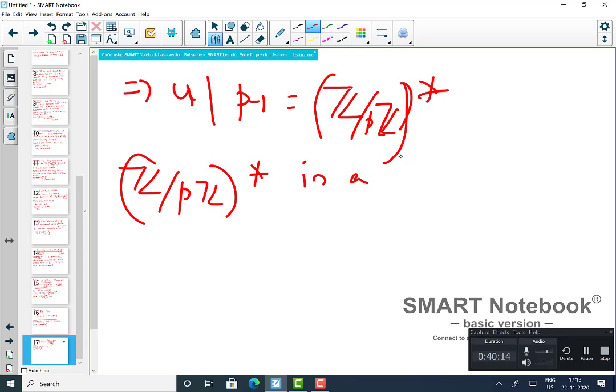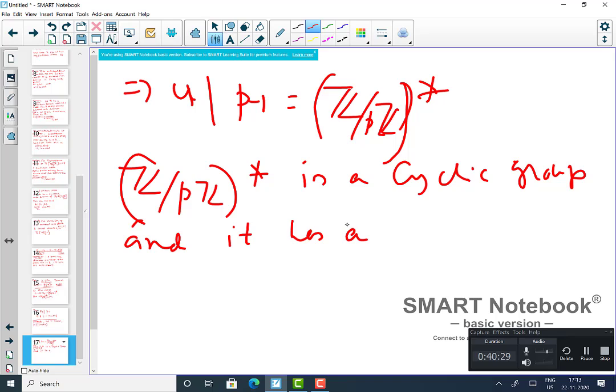It is a cyclic group and hence it has a subgroup,